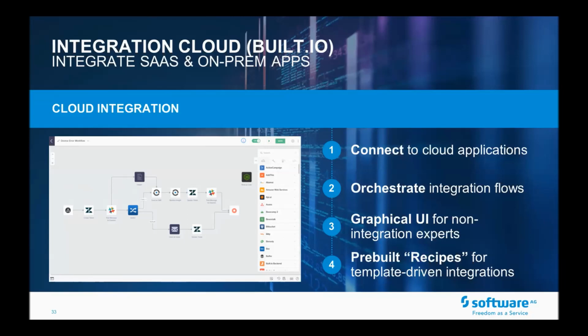And one of the differentiators here is that the connectors we have, more than 300 of them, are all Software AG built and all Software AG supported, unlike some other vendors. These connectors, or the platform, come with recipes, as I said, which are quick starts for you as a customer to build integration for a specific need.